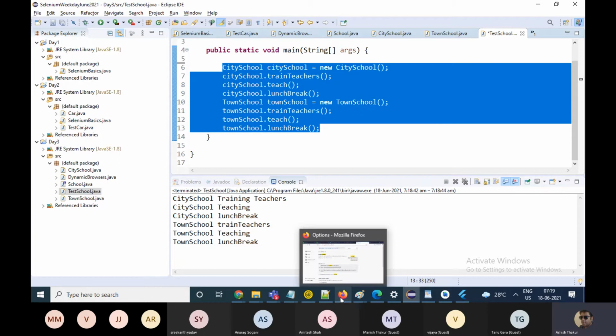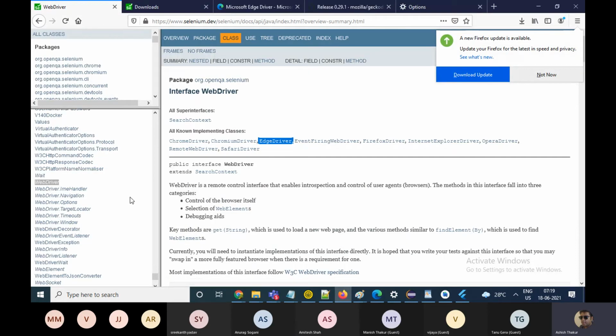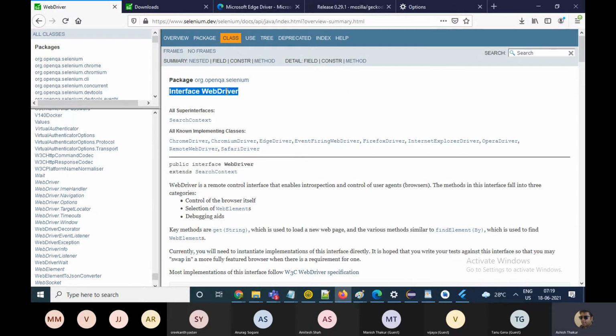If you go to the official website, which we had seen yesterday, and we were seeing this interface, WebDriver. Basically WebDriver is nothing but an interface in the documentation.